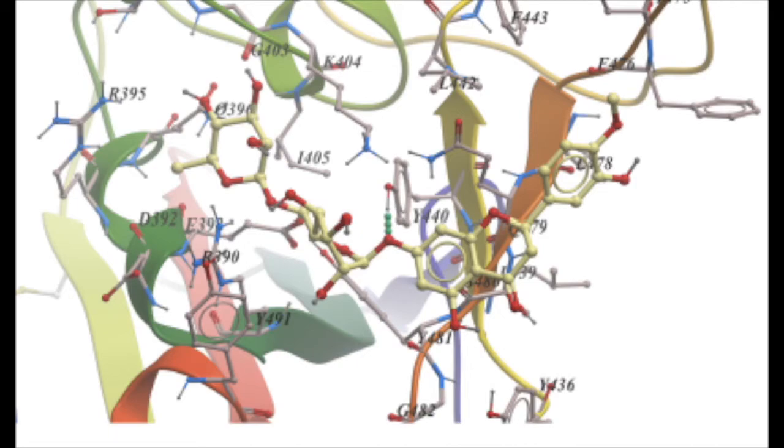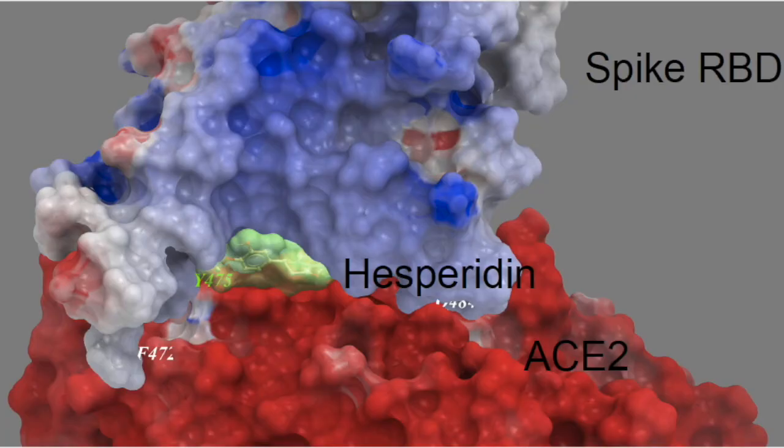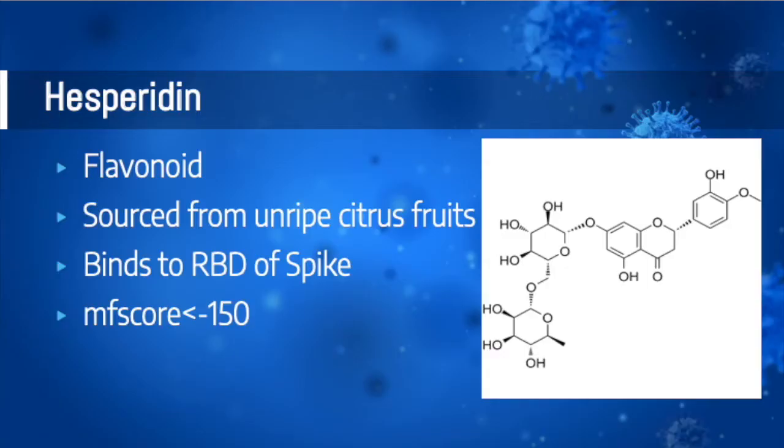The sugar part of the compound was inserted into a shallow pit where hydrophobic amino acid residues form a pocket to contain the compound. When the ACE2 receptor binding domain complex and the hesperidin receptor binding domain complex are superimposed, you can see the overlap of hesperidin and ACE2, meaning the ACE2 receptor binding domain interaction may be disturbed by hesperidin. This is significant because hesperidin may be able to directly block the binding of ACE2, acting as a competitive